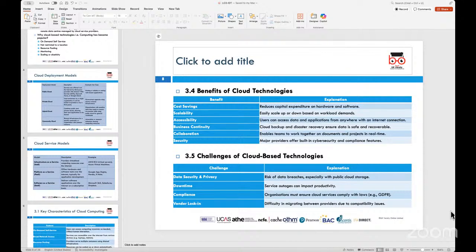But because some of these facilities and applications are online 24/7, 365 days a year, there are data breaches and data leaks which can happen, and this is because of vulnerabilities on these servers. So one of the clear aspects that you have as challenges associated with cloud-based applications and technologies is that data privacy and security is always at risk.